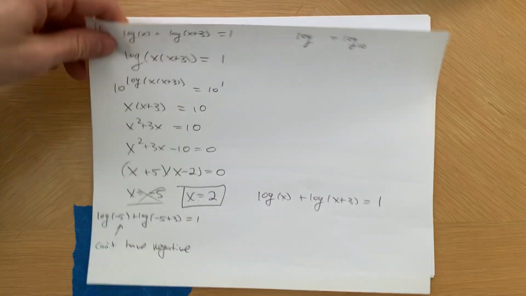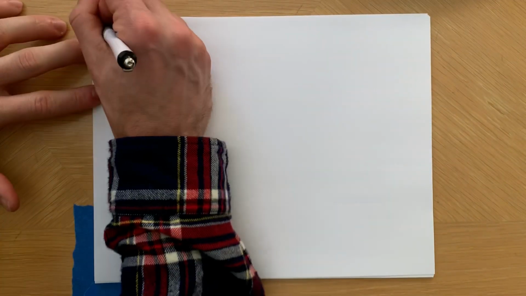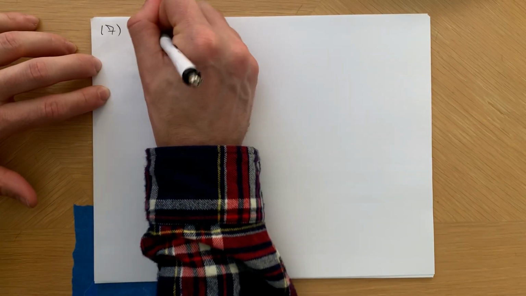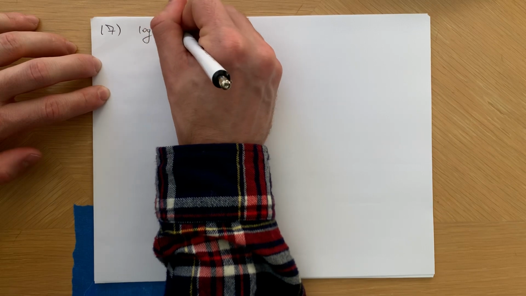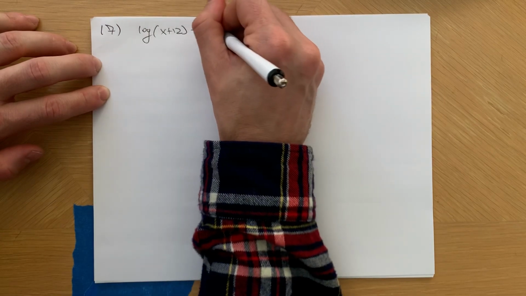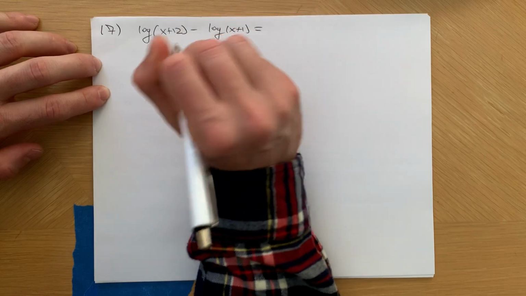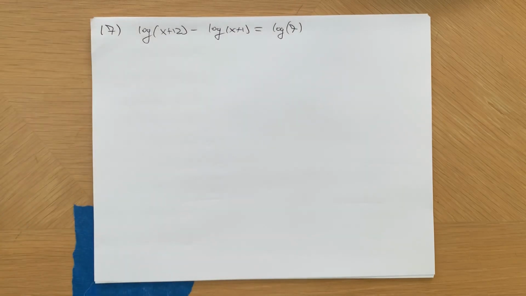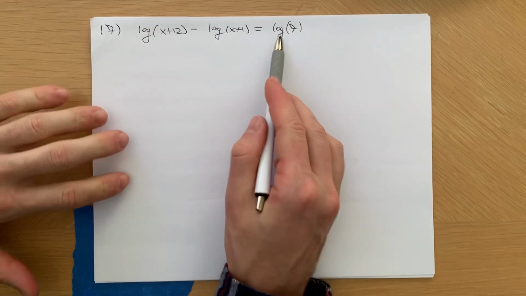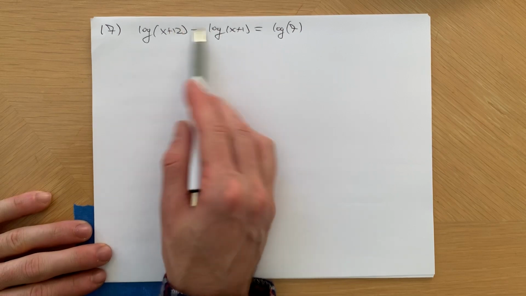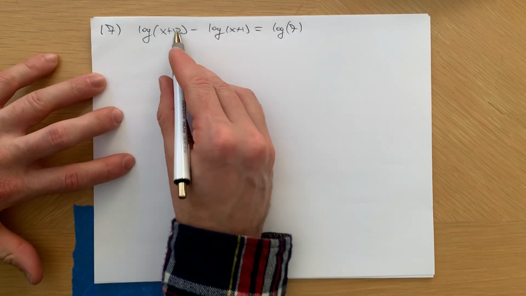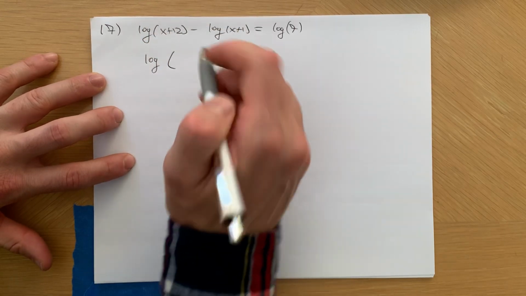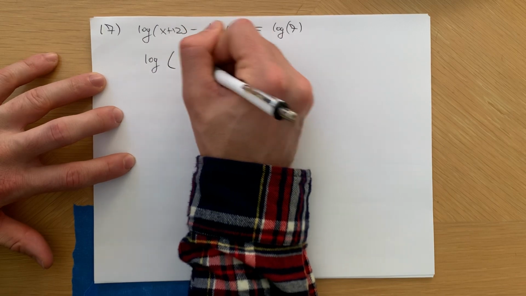Okay, so this next equation, we want to solve log of x plus 12 minus log of x plus 1 equals log of 7. So what we can do here is, let's keep this log of 7 on the right hand side, but we can combine these two logs on the left hand side. So there's subtraction, so we're going to combine these logs with division. So this left hand side is going to be log of this thing divided by this thing, so x plus 12, x plus 1